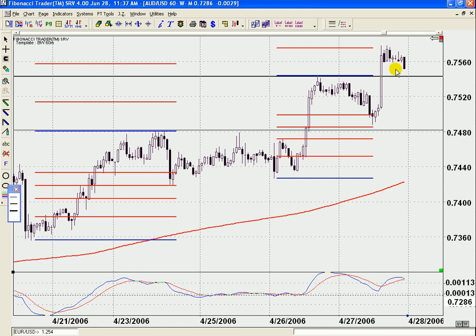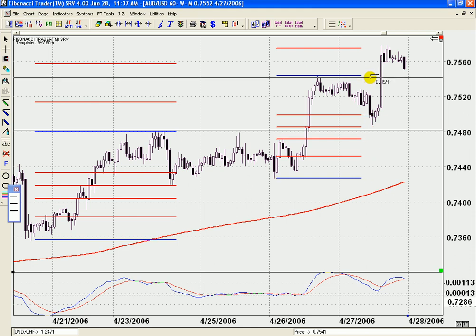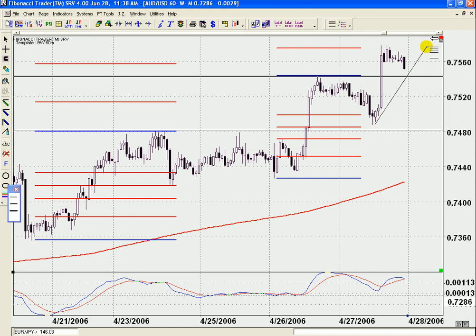We'll just draw this line here. Now what we would do is we will draw our Fibonacci's from the last swing low to the last swing high, and we see that it converges with this high right here. And remember that Fibonacci, that the Aussie dollar likes the 50% retracement, but I'm inclined to trade it closer